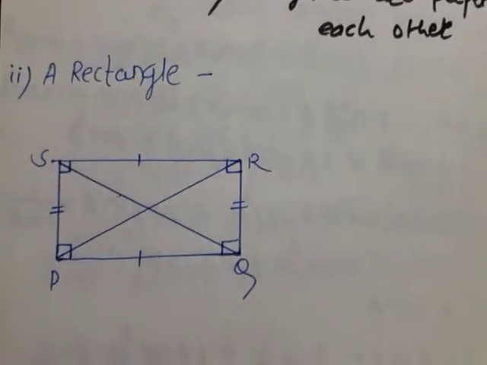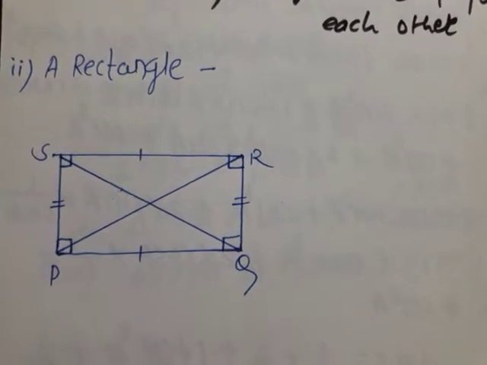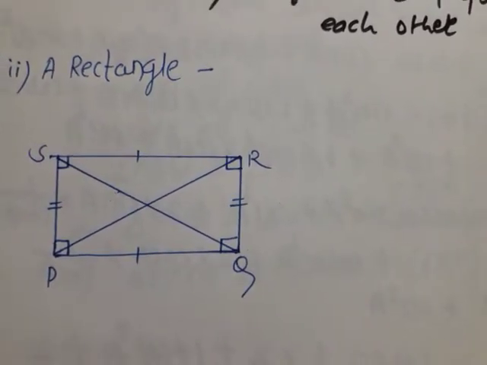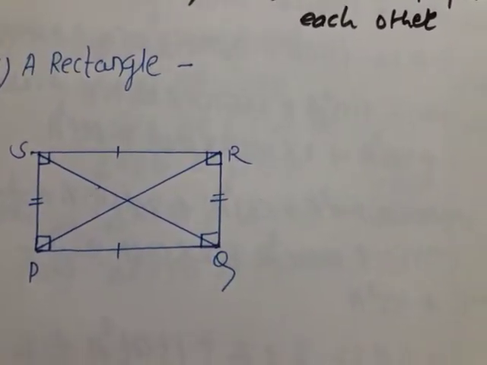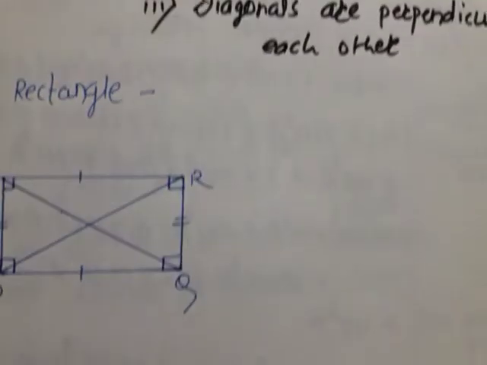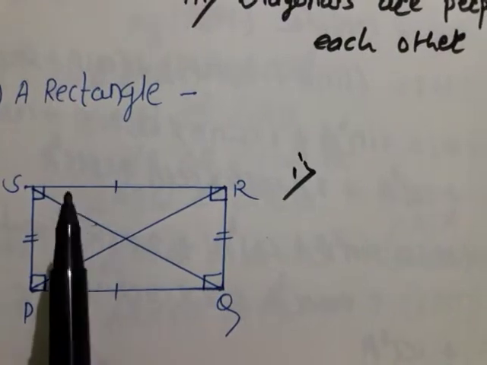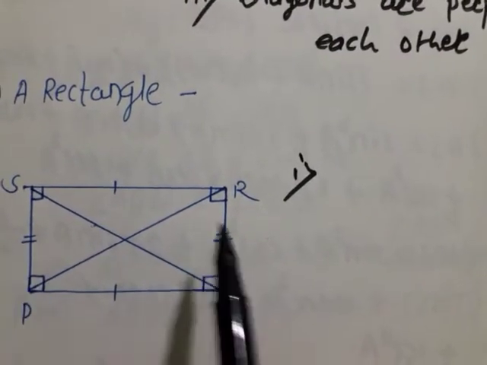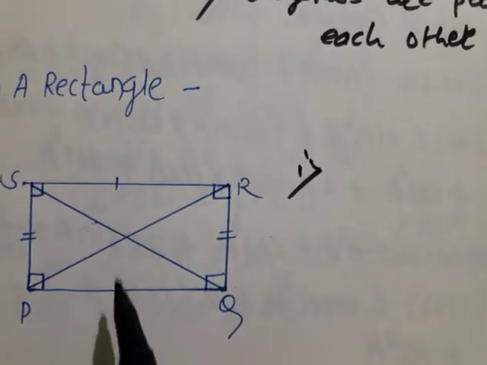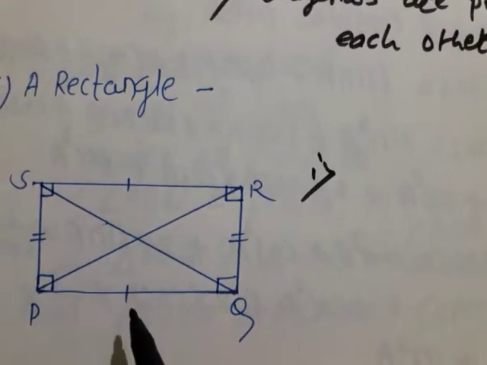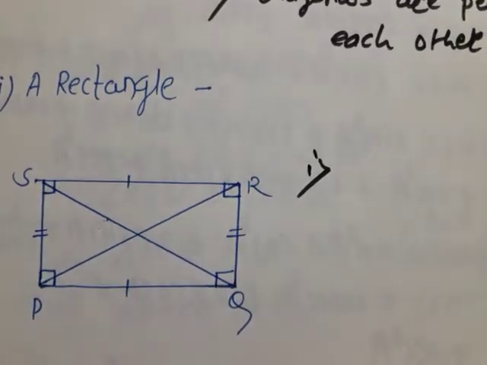Here its figure is also shown. After looking at this figure, I think you got a little idea about it. Which are the special properties regarding the rectangle? First property, you will see regarding the sides. If you observe carefully, you will come to know that here opposite sides are shown by using the same marks. It shows that this side is equal to this and this side is equal to this.